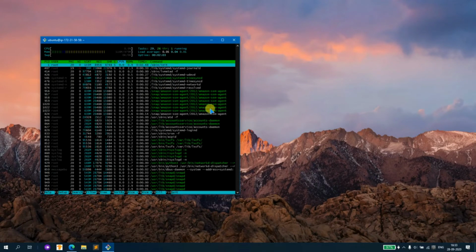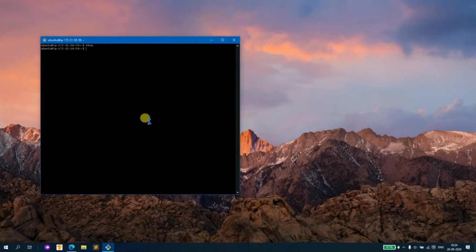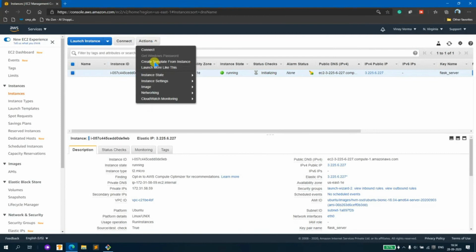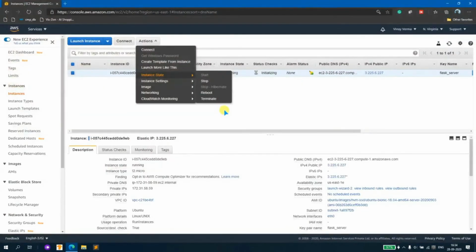So these things are running in that system. The memory is 1 GB and it is 1 core CPU, which is fine for us for testing and other purposes. So yeah, I can run Docker and many other things in that, and it will work as my system. So what if I want to power it off? So I can do two things to power it off. Either I can go to actions and then instance state, then stop, and then reboot or terminate. I can choose any of them. Else I can also do sudo poweroff, and that's it. It will close the instance for me without going to Amazon console.